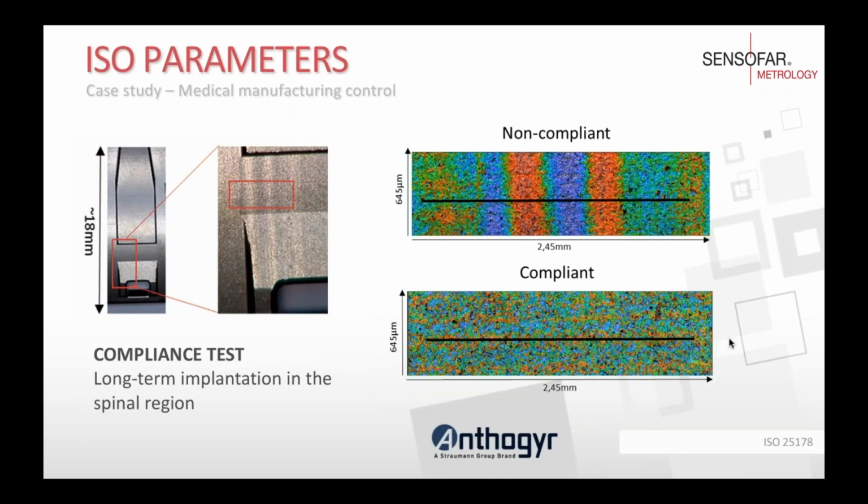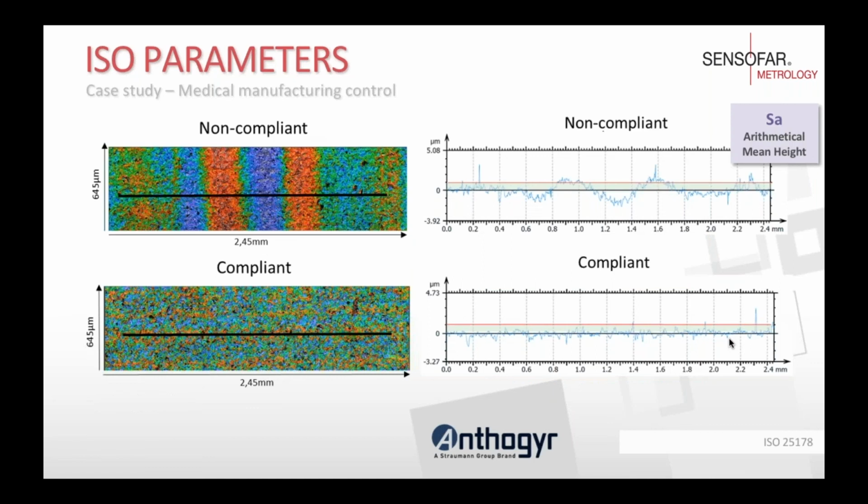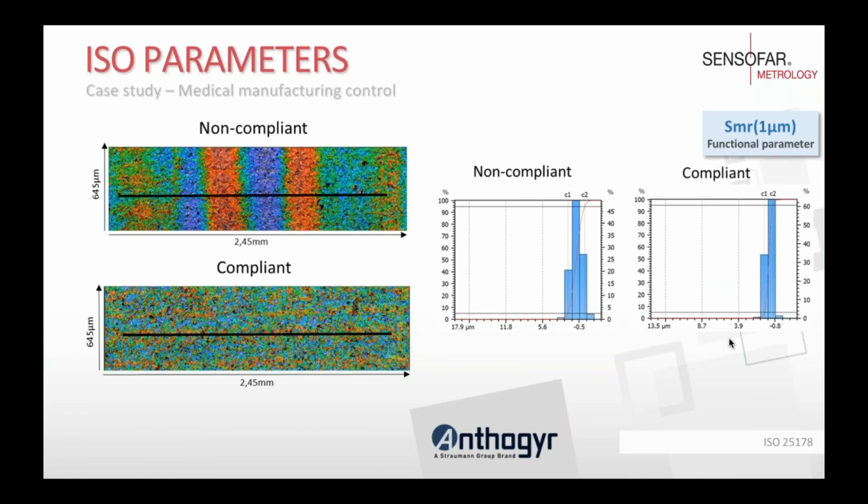We have been working with Antogir, who are doing long-term implantation in the spinal region. What they wanted was to find a test which was going to characterize their samples as non-compliant and compliant. For that, they were calculating SA, also calculating SZ, but the roughness parameter that was giving them that exact test and that possibility was this parameter, SMR, which is a